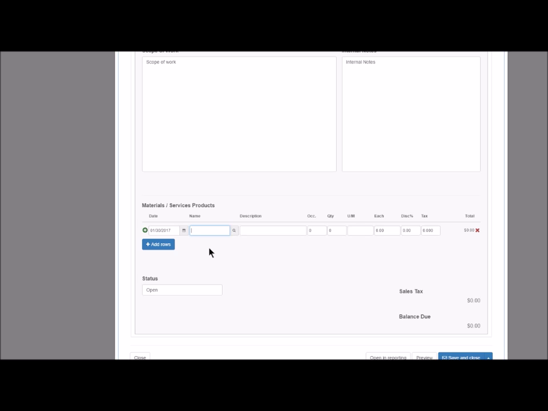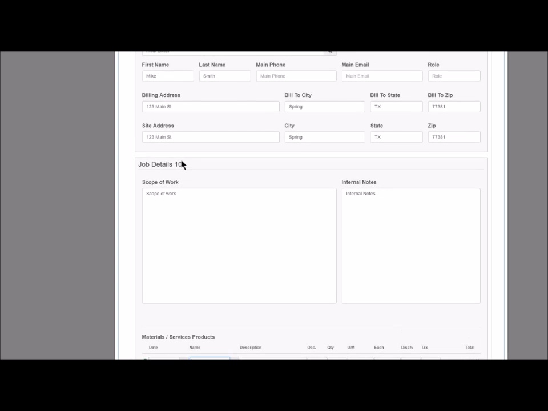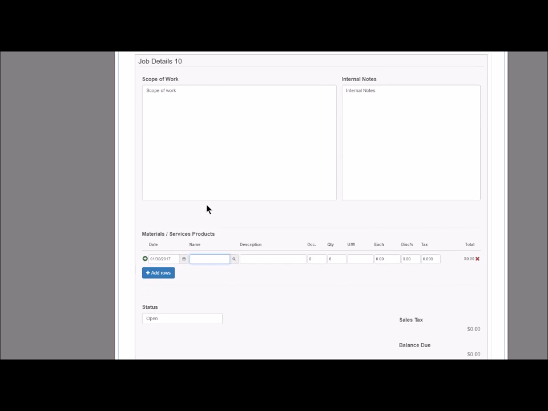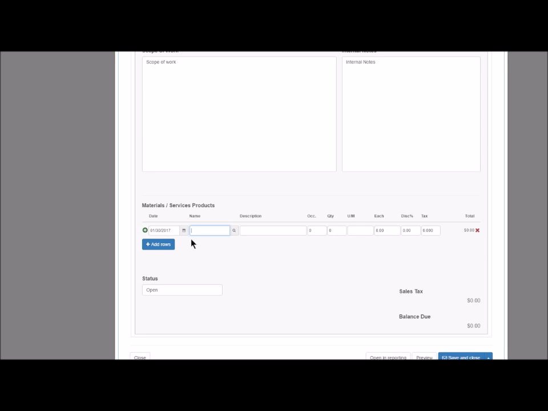You can add as many materials to this as you would like. Also, we do have customer specific materials, meaning that on the customer card you could have this materials section and specific pricing for certain services or items that pertain to that customer. So say if we were to create another estimate for Mike Smith in the future and he has a few materials on his customer card, whenever we create this estimate and we select his name after searching it in the customer name box,